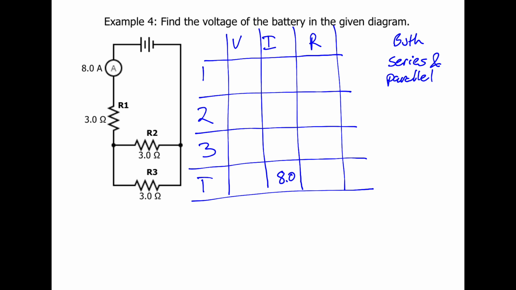I know resistor 1, although all the resistors are 3. So that's 3 there, 3 there, and 3 there. So each of the 3 resistors is there, and that's it. That's all the things we've been given so far, right? That's kind of crazy. None of the layers have 2 out of 3, so we can't do any Ohm's law